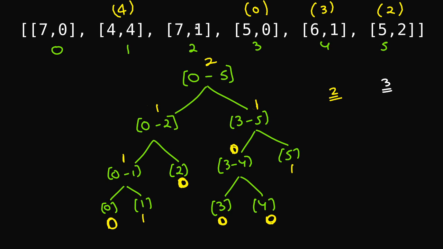When I'm processing 7 comma 1, that means I am looking for the second position, because if one person is there in front of 7 who has a value greater than or equal to 7, then this 7 needs to go to the second position. So I'll be putting this 7 comma 1 at a position where the second one is present, and we'll reach that particular leaf node when traversing the segment tree. Okay, so I'm looking for the second one.